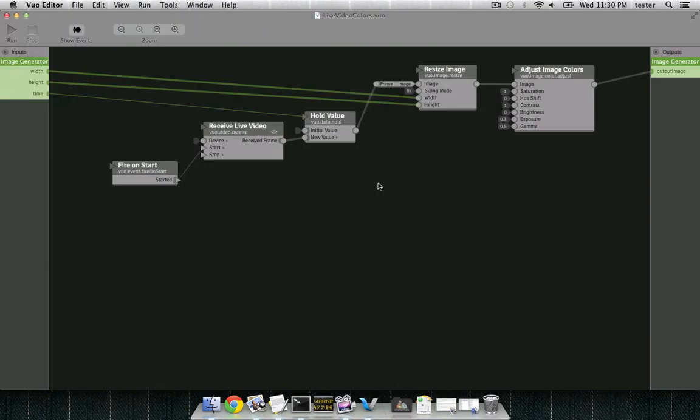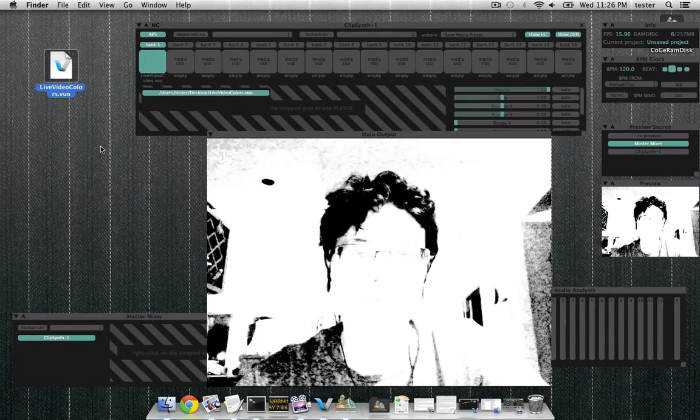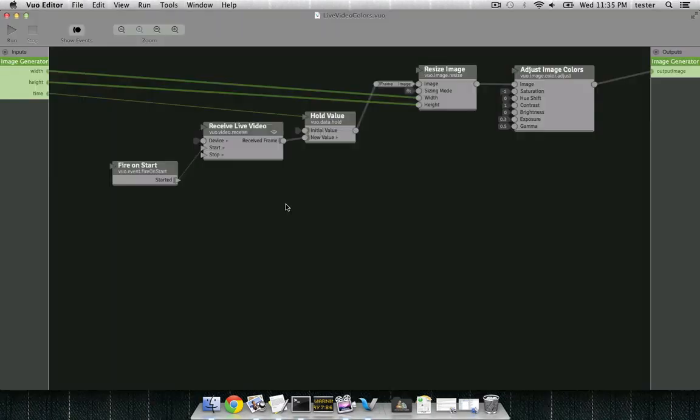One last trick to avoid firing extra events from a protocol composition is to block events before they reach the published output port. If you want to use a Vuo composition to display live video in Koji, you can create an image generator composition with a Receive Live Video node. That node does fire events, but you can block them using a Hold Value node. Each time an event from the published input port hits the Hold Value node's refresh port, the event goes through the node and carries the most recent live video frame with it. The live video frame reaches the published output port without an extra event.